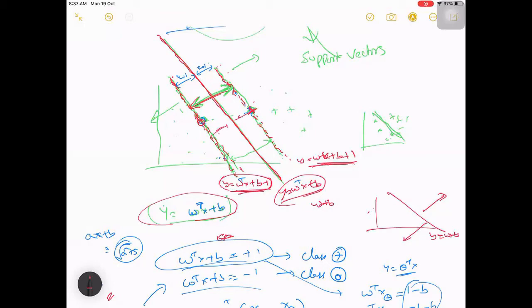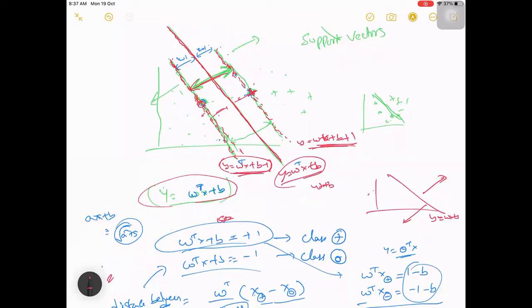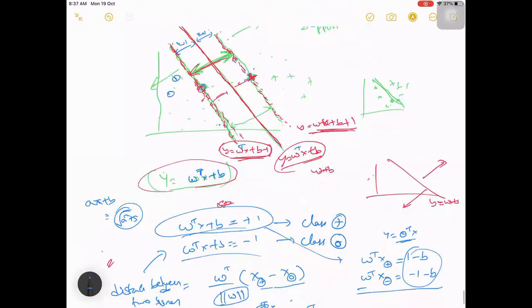From these you calculate. How will they calculate these margins first? Let us say you have more zeros here. Let me draw. You have more zeros like this, and there are many plus here. What they will identify is which data points are more significant. Which are closer are more significant, right?